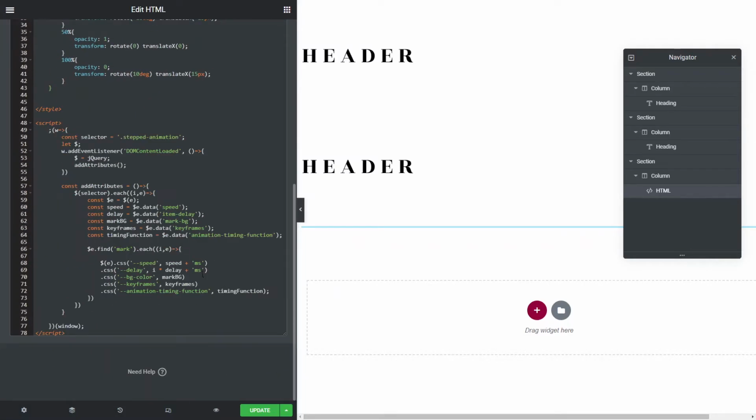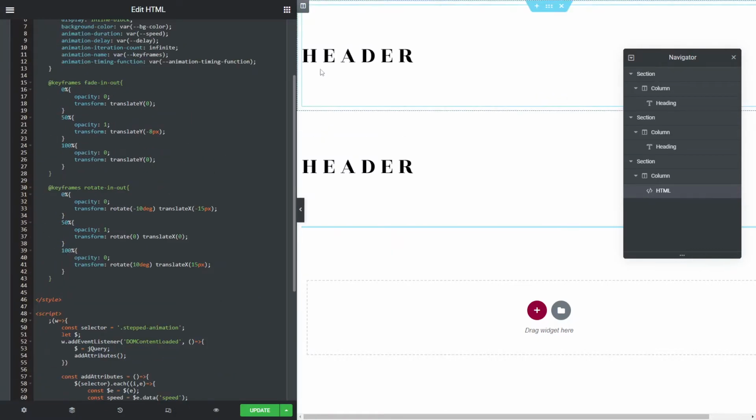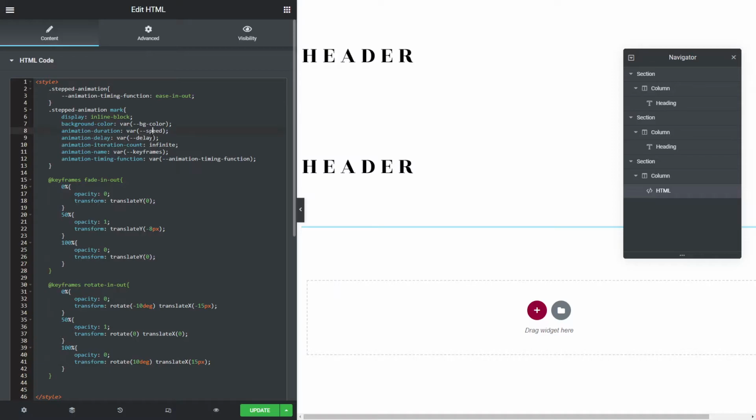which is basically in here, it's taking the index, so which number, so 0, 1, 2, 3, multiplied by the delay so that it steps through them. So each iteration adds the amount of delay in milliseconds to it. So each single individual mark is going to have its own properties that is going to be defined here. So we want it to be infinite, so we want to go backwards and forwards for infinite. Keyframes, so in this case we set the keyframes to be fade in, fade out,